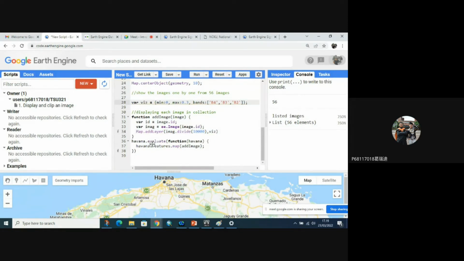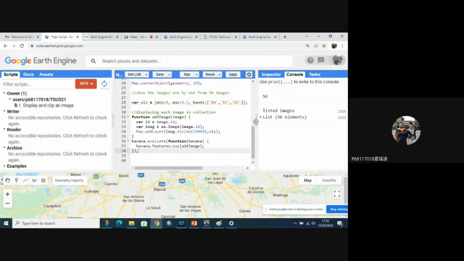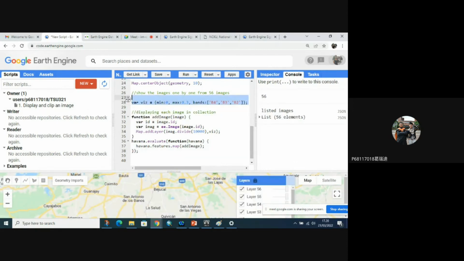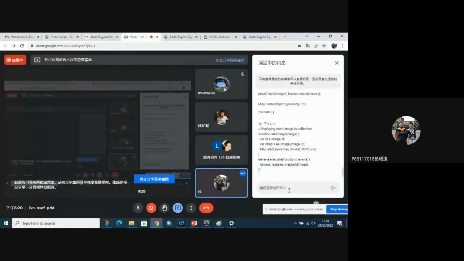It will run again until the images all show. End it with a semicolon, and run. I think I forgot to copy this one for you guys.